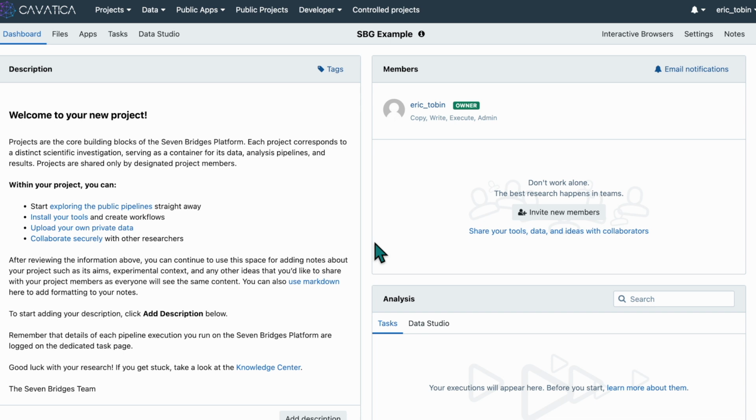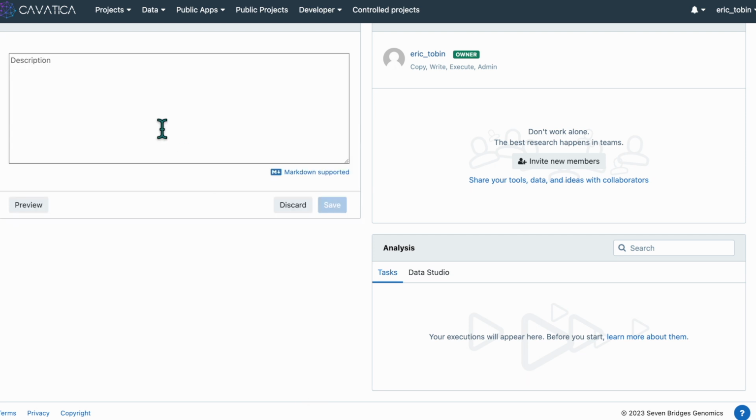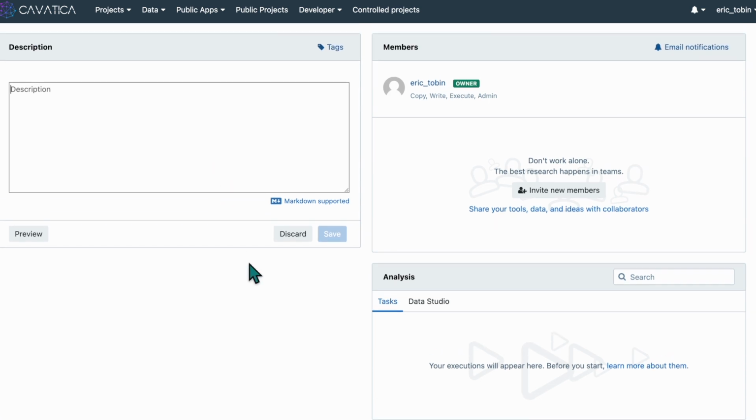There are a few things to note about your new project. First, on the project dashboard, you'll see it is divided into three main sections: the description section, the members section, and the analysis section, which includes both tasks and a Data Studio tab. The description section you can use as a lab notebook. You can type things in here to communicate with other researchers. You can embed images. Anything that you can do in Markdown, you can do here in this little lab notebook